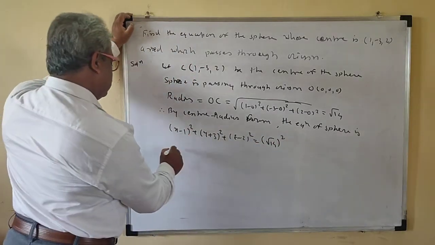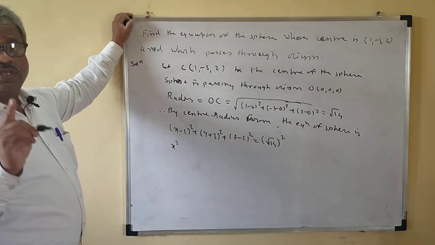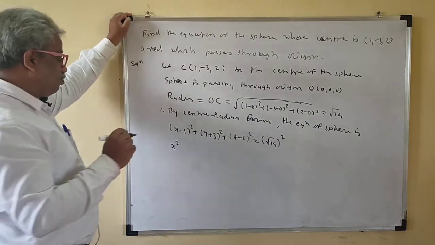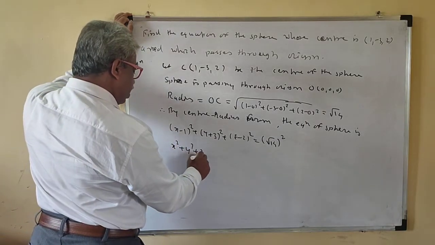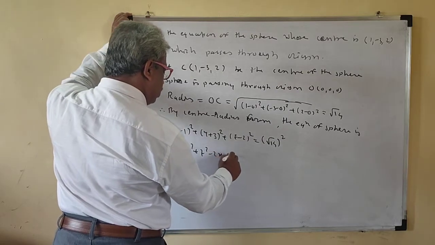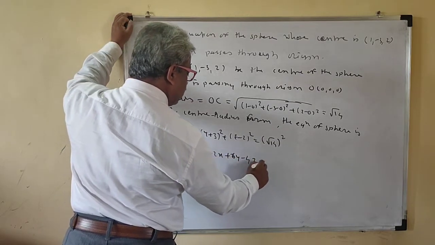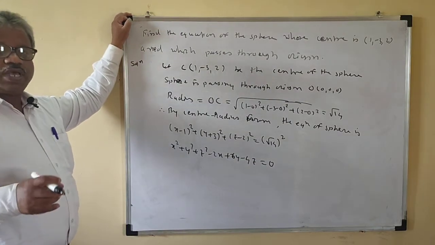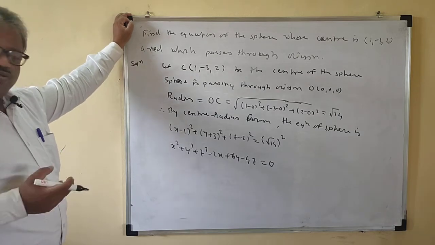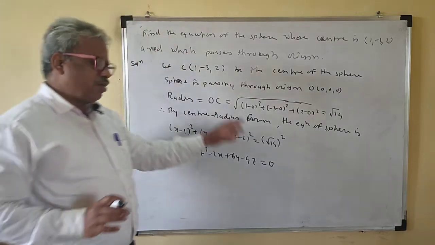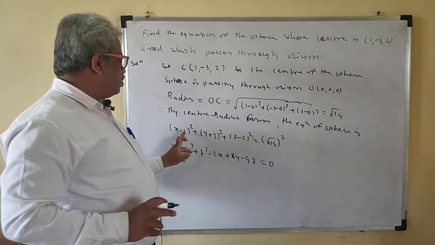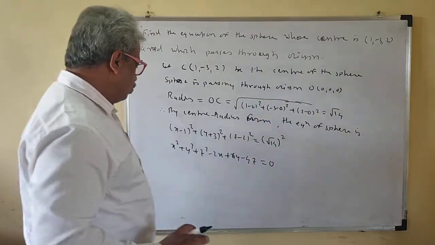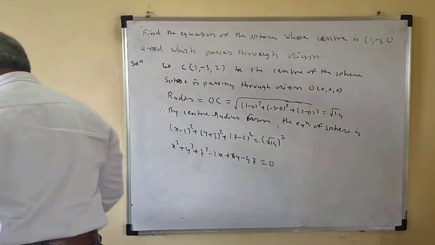Okay, we'll expand this. Note that your sphere is passing through the origin. That means the constant term is absent. So we'll write the constant term as 0. So this is very simple now to expand. Just write the middle terms only: x squared plus y squared plus z squared minus 2x plus 6y minus 4z is equal to 0, because there is no constant, because your sphere is passing through the origin. For any curve passing through the origin, the constant term is absent. If you collect a constant, no problem: 1 plus 9 is 10, 10 plus 4 is 14, and the 14s get cancelled. Okay, so this is the required equation of the sphere.